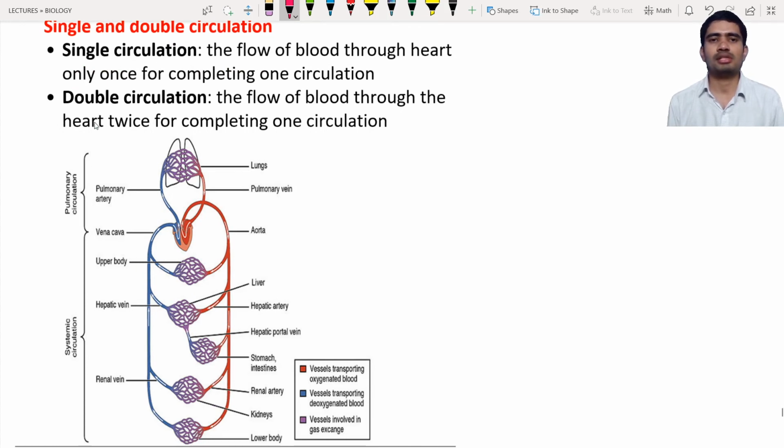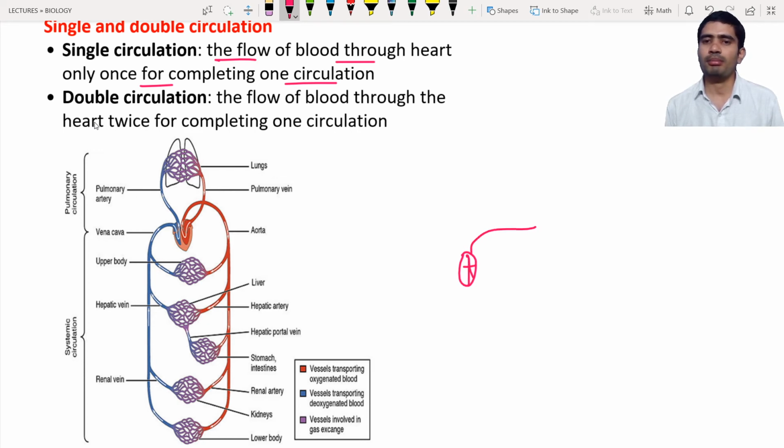So what is meant by single circulation? The flow of blood through the heart only once for completing one circulation is known as single circulation. So here you can see in the textbook there is a diagram given. Let us consider this is the heart, and the heart pumps the oxygenated blood to the organ,